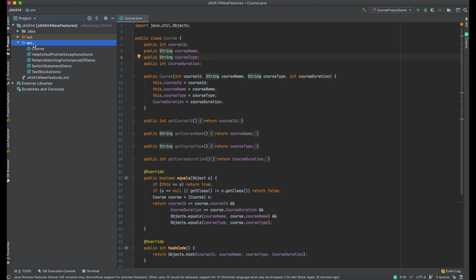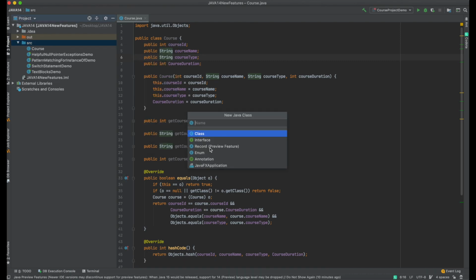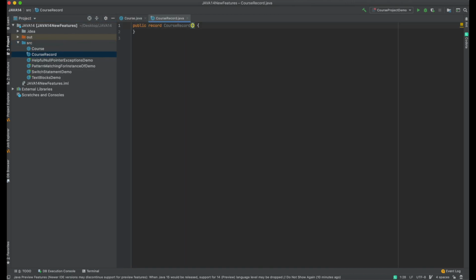OK, to create a record, we have to click on src, new Java class. We have to click on record. So I'm giving a name, CourseRecord. So we have created one record, public record CourseRecord.